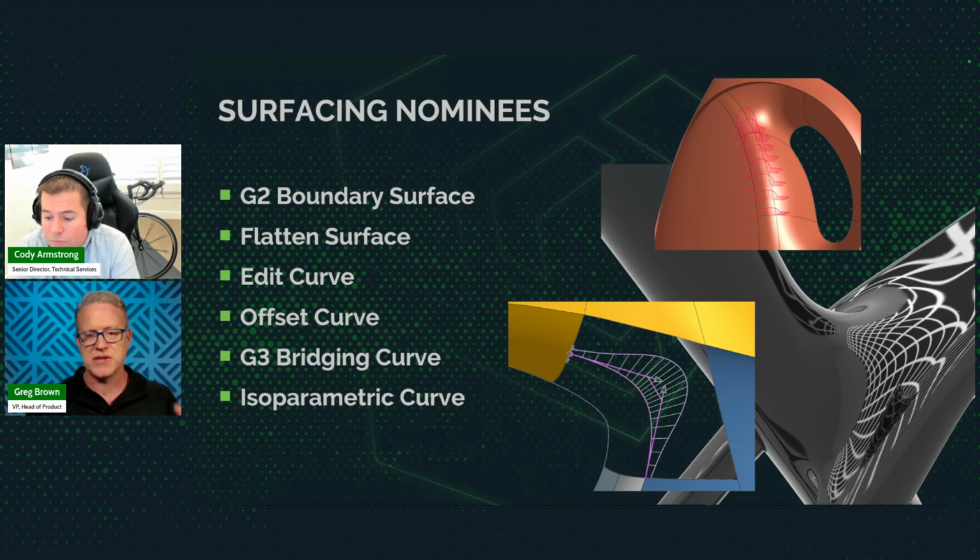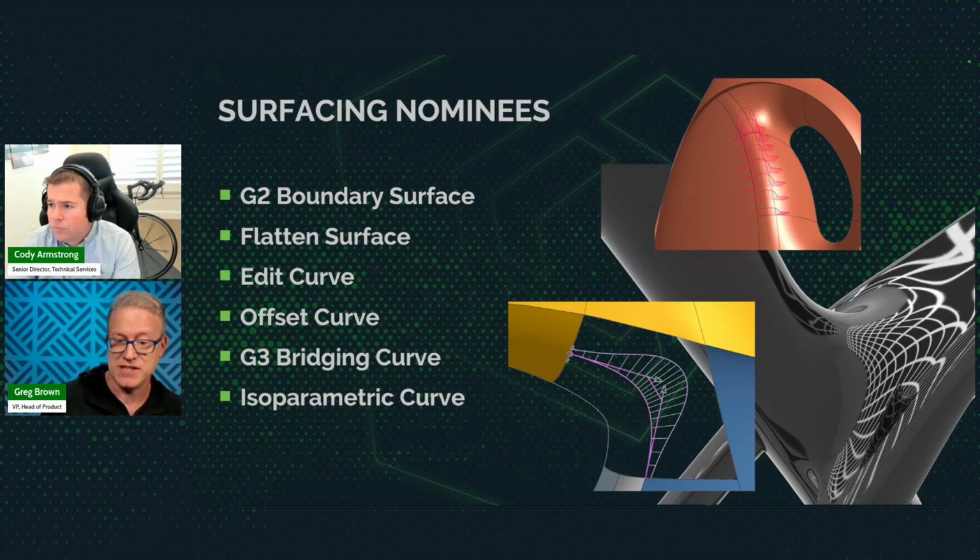This is how a surface that you create might need to connect to surrounding surfaces. And the G2 boundary condition is really important for that, for some of these high quality surfaces. We introduced a flattened surface operation, which I'm really excited to demonstrate to you. This was in the previous release of Onshape, so it's very fresh and very, very exciting, and it works really,